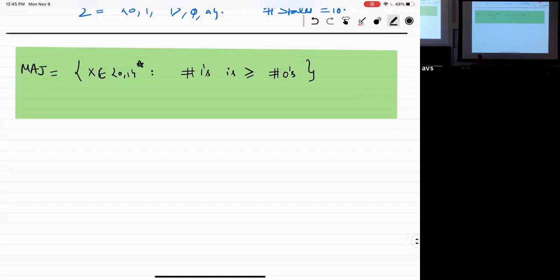So my language is all those strings where the number of ones in the string is more than or equal to the number of zeros in the string. So something like 100 is not in the language, 110 is in the language, 10 is in the language, and so on. All right. So how can I write down a Turing machine for majority?